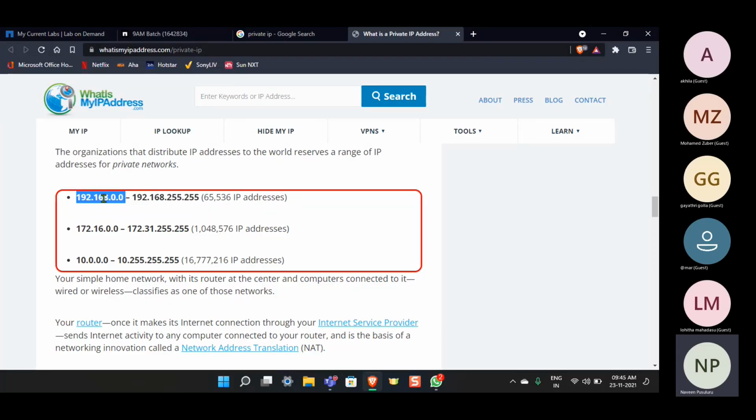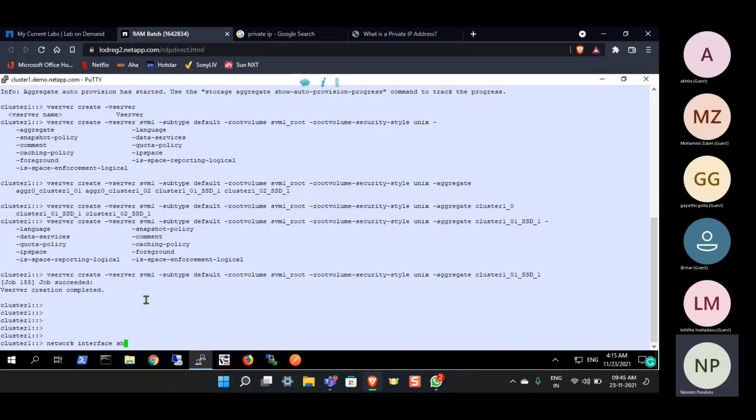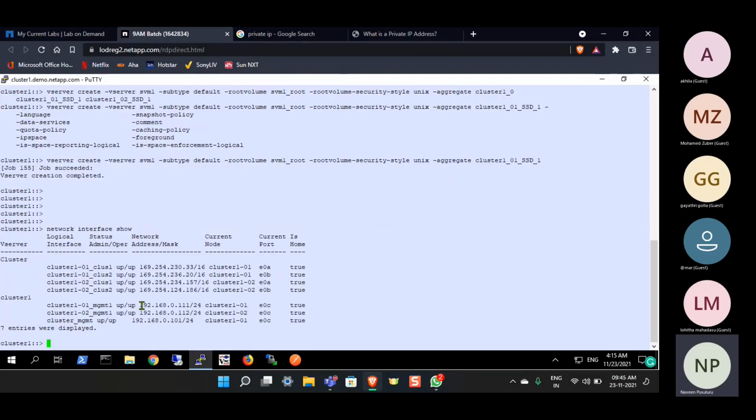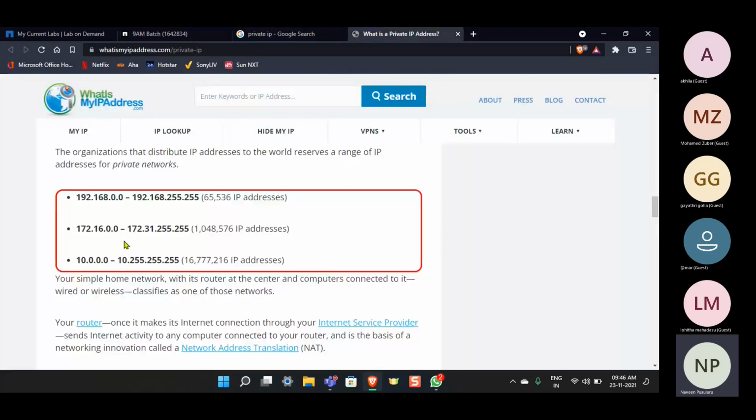Got it? Any questions? In our lab also, I don't know if you observed it or not, we are in this 192.168.0 network, right? Observe, see, 192.168.0. That means we are using private IP only. Not only here, in your organization also, mostly the servers, storages, everything will be using private IPs only